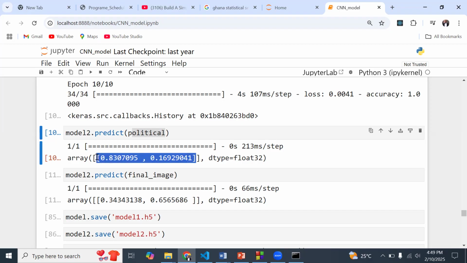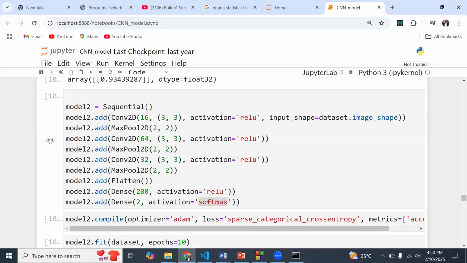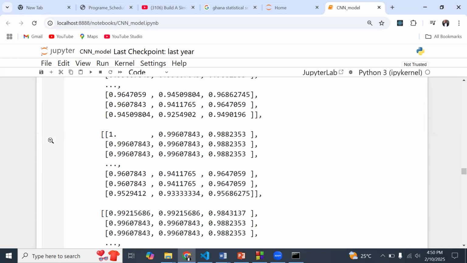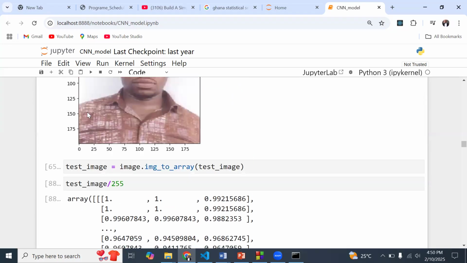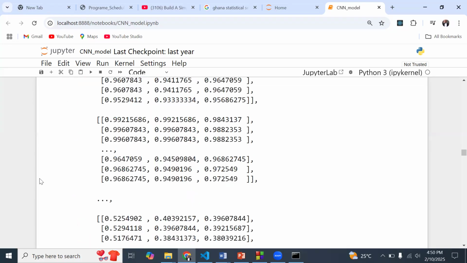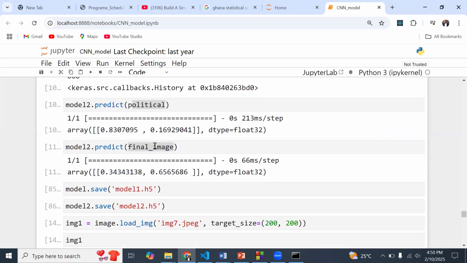The issue I was bringing up was with the second one we brought up over here, the image we called final image. I think that was my image, the one I used. So the actual image is my picture. As much as it was able to predict that with the final image, you can see it is almost 66% sure that this belongs to class 1, the male class. But it is also giving us something to think about over here.